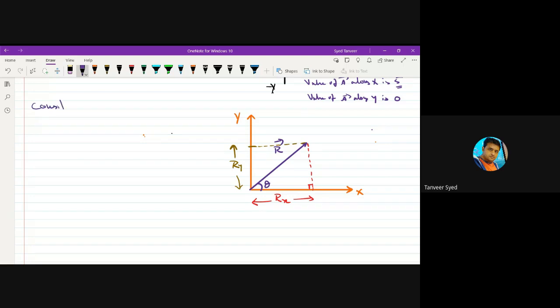Consider a vector r making angle theta with the x-axis. Okay, then